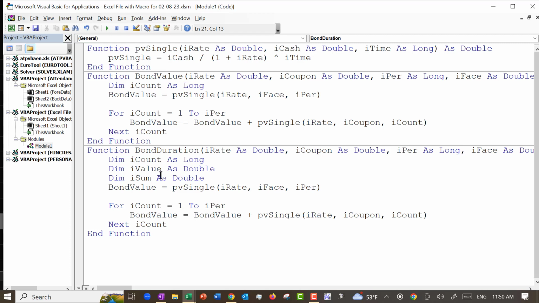The first one is going to be a moving sum of the present values. The other one is going to be a moving sum of the cross products. So let's get started. I value as the present value of the face, and I sum